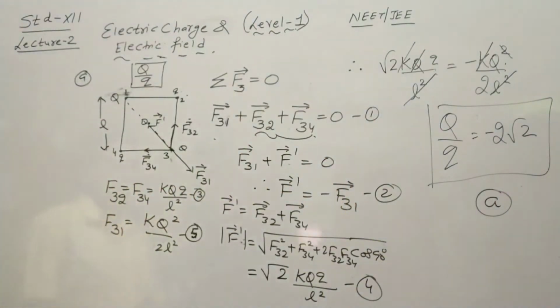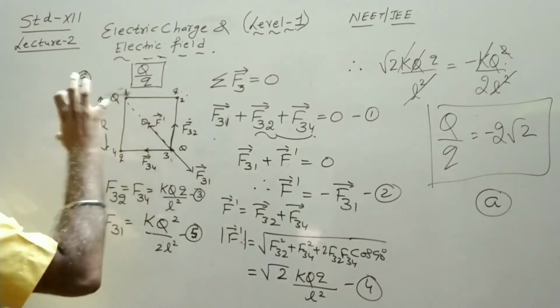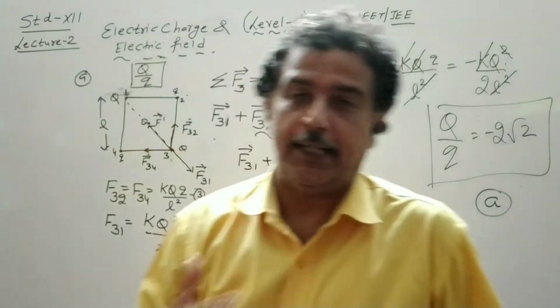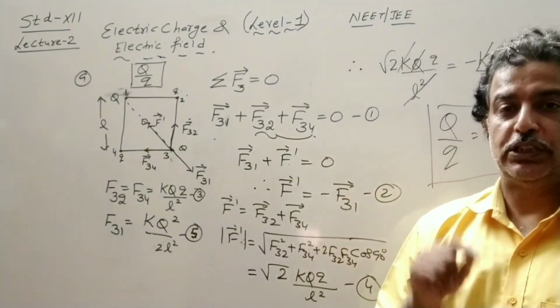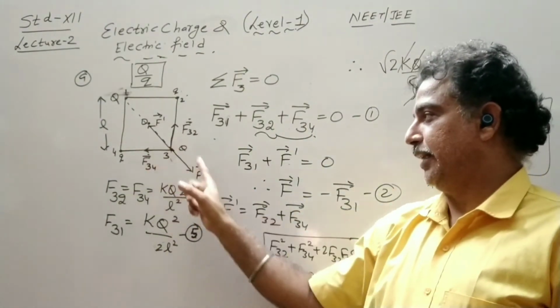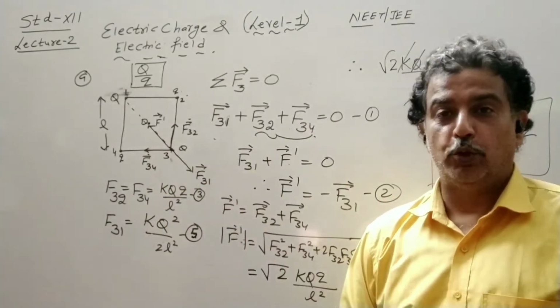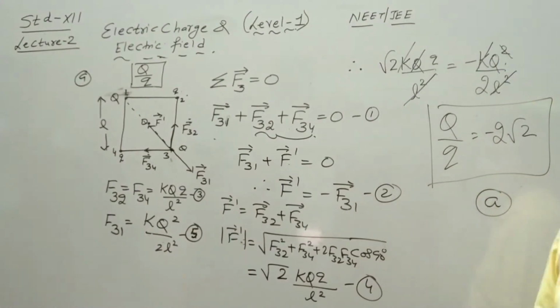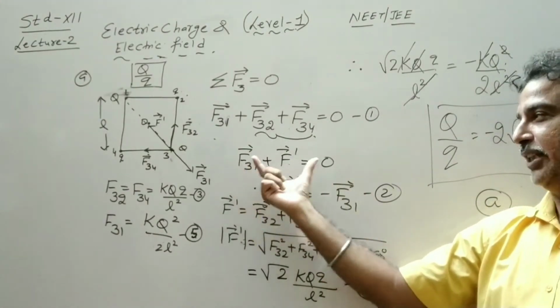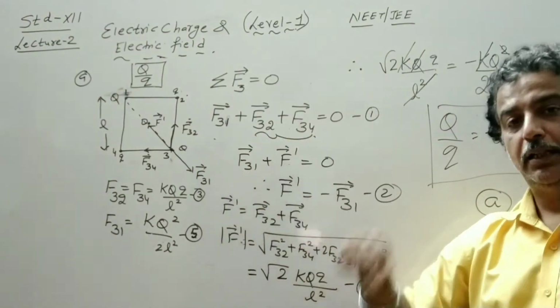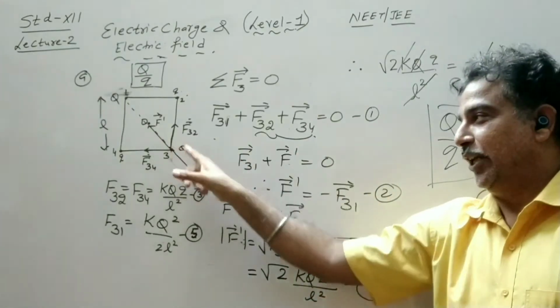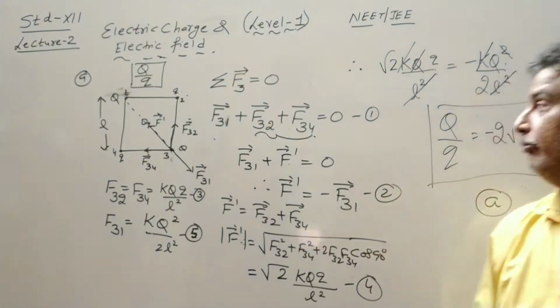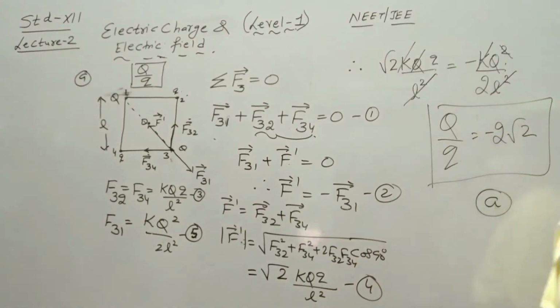So this is how we do such type of numericals. From the geometry, first you have to think about the direction. Resultant was 0, so these two forces should be opposite in direction, and therefore directly we have written like this. Otherwise, you can use the vector form of this equation, and taking this angle as 180 degrees also, we can come to this formula.